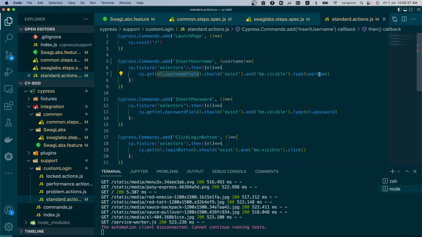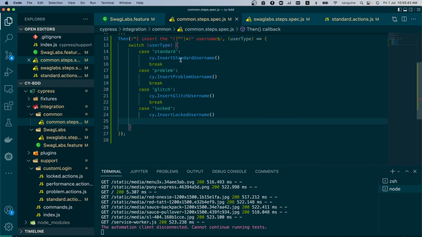So you do not have to start writing 4 different commands. You just have one command running, the username. All right, you would have the username running. So there is no glitch user, just one command will do that, but you just need to put the value of what you need in it. So